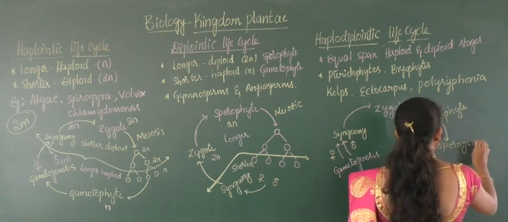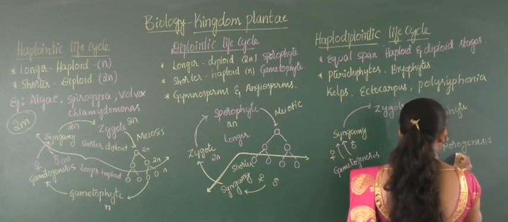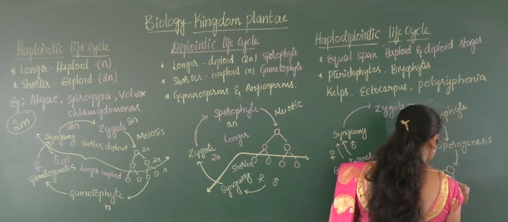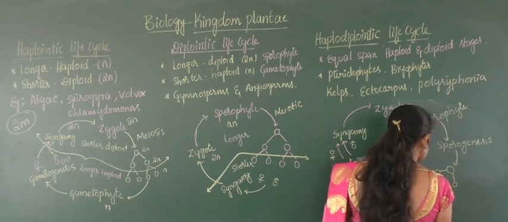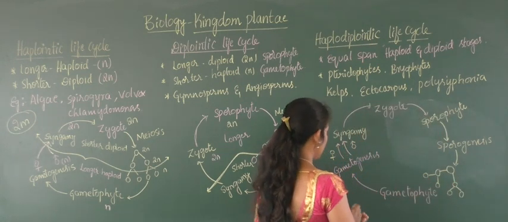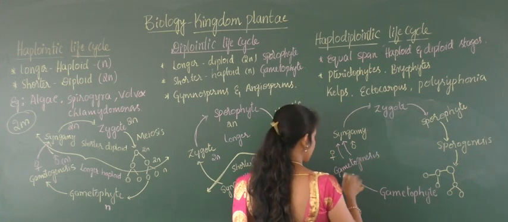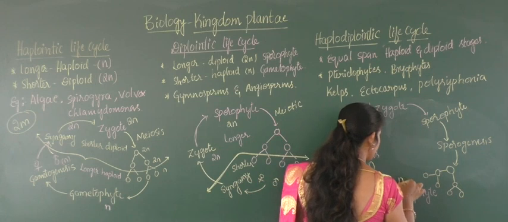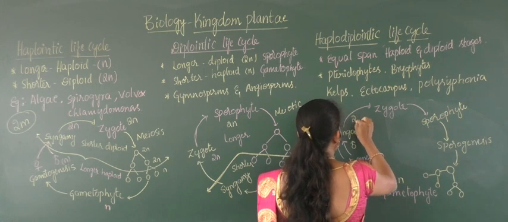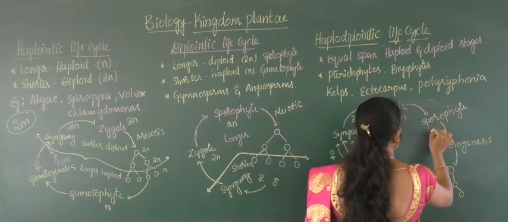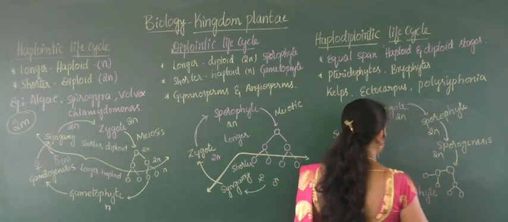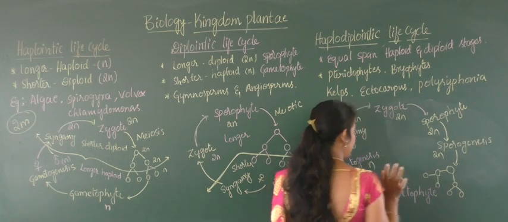Sporogenesis means spore formation. Genesis refers to formation, and the spores are formed here. They will develop into spores separately. Again by meiosis it will become haploid. See, here you can find gametogenesis in N condition, and the gametophyte will be N. Then by the end of syngamy you can find 2N. Zygote is 2N. Sporophyte is 2N. Sporogenesis will occur within the capsule, that is 2N, and this is also 2N, and later it will be N in condition.